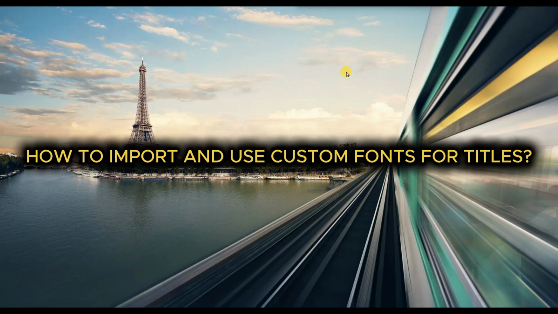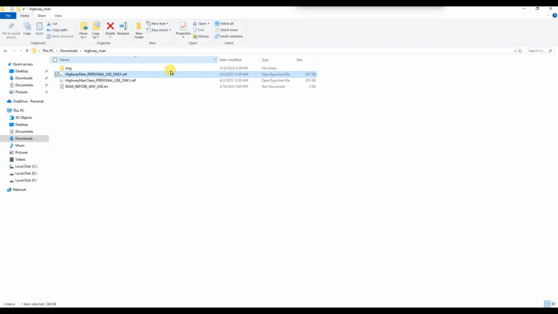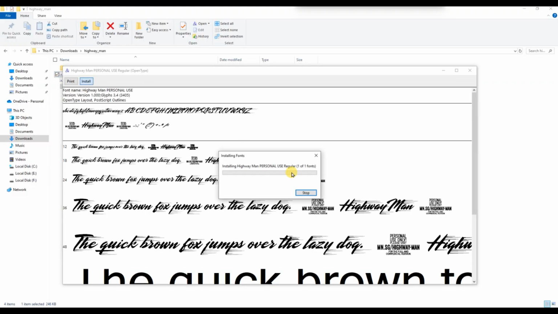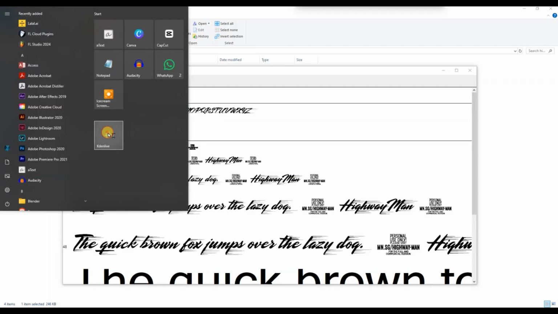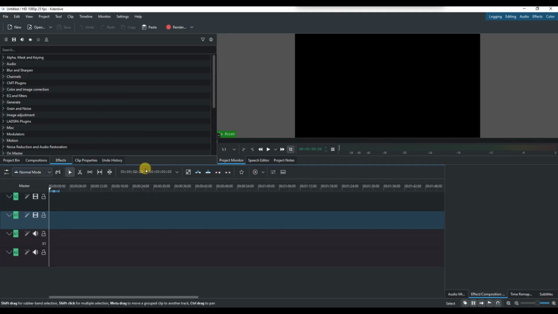How to import and use custom fonts for titles in Kdenlive. First of all, make sure you have the custom font file you want to use, usually in .ttf or .otf format. If you haven't installed it on your computer yet, download and install the font by double-clicking the file and selecting Install. Next, open your Kdenlive project and go to the Titles menu by clicking Project and selecting Add Title